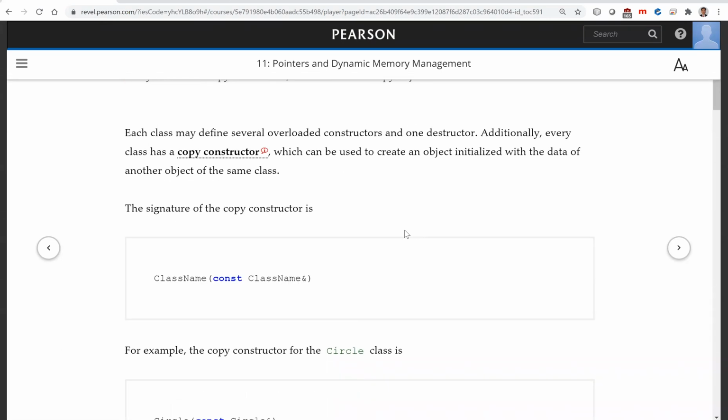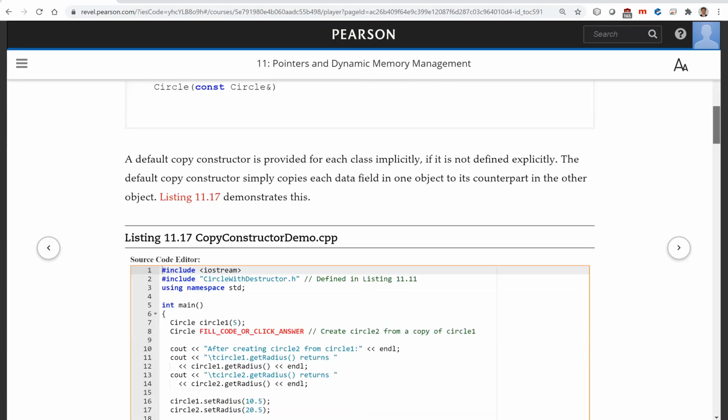Now, let's see what the syntax is for this copy constructor. It's the class name with const class name. This is the pass by reference. And see here, I'm going to have this